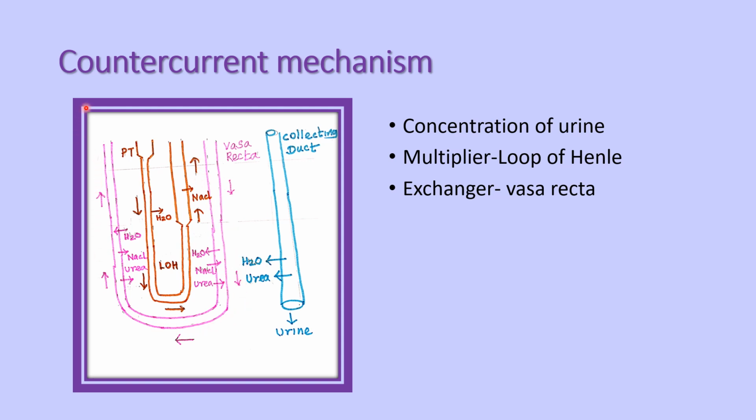Again it is filtered through the glomeruli. So it recirculates the water and maintains the sodium electrolyte composition. Every day 1800 liters of plasma is filtered through the glomeruli, but only 1 to 2 liters, about 1.5 liters, is excreted as urine. The remaining part is recirculated. So the vasa recta is the exchanger. And the collecting duct,